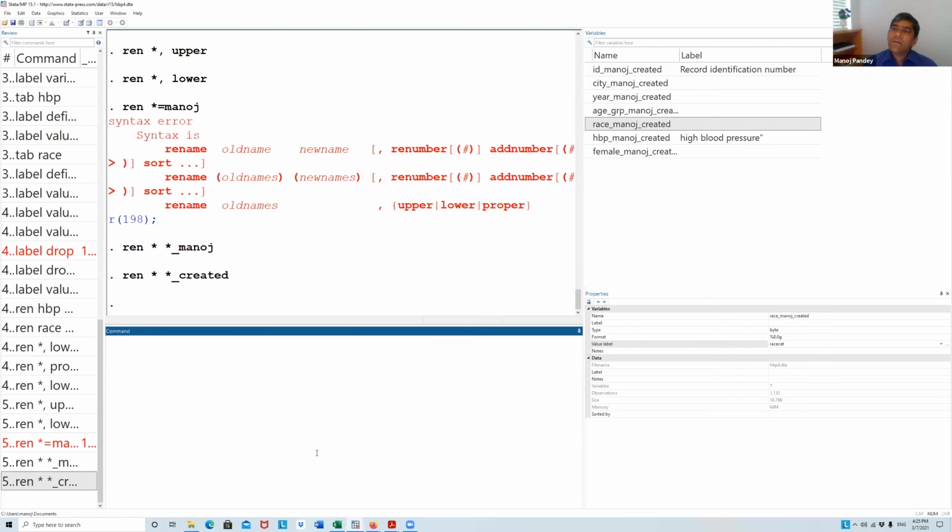Like when you are working in a team and someone gave you data, and then you have created some variables. There could be two incentives for changing the names of those variables. One is that you should know which variables you have created and which were previously given.